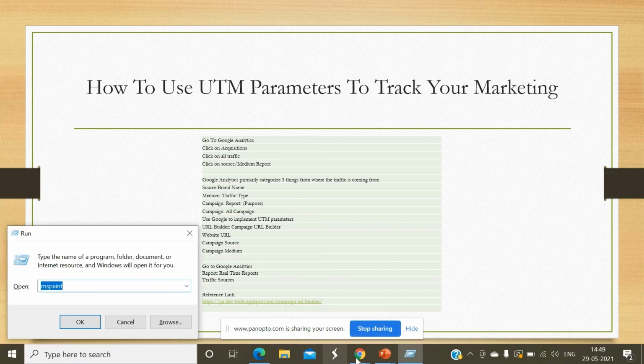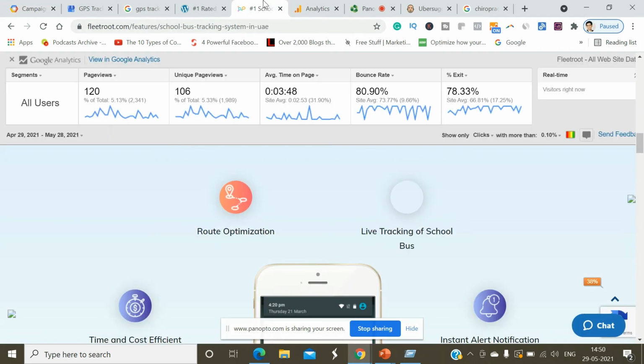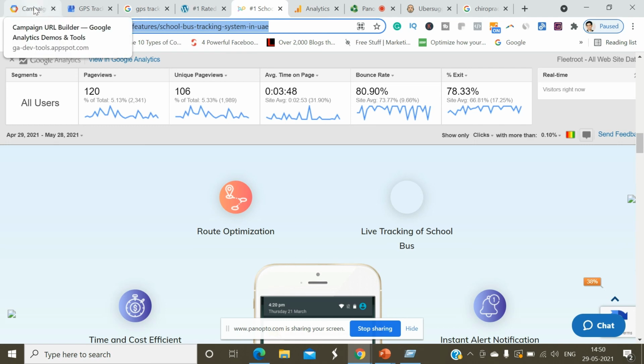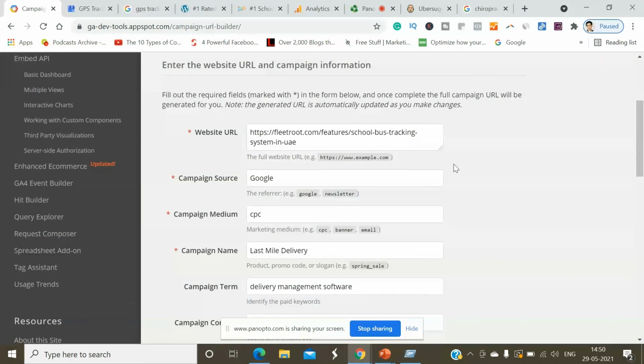Here I'll input the website URL. Let's say I want to create the integration for this particular URL. Here you see campaign source.